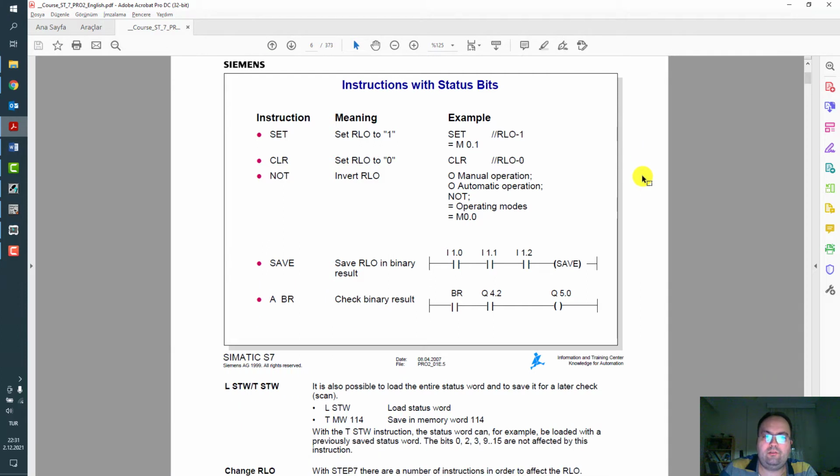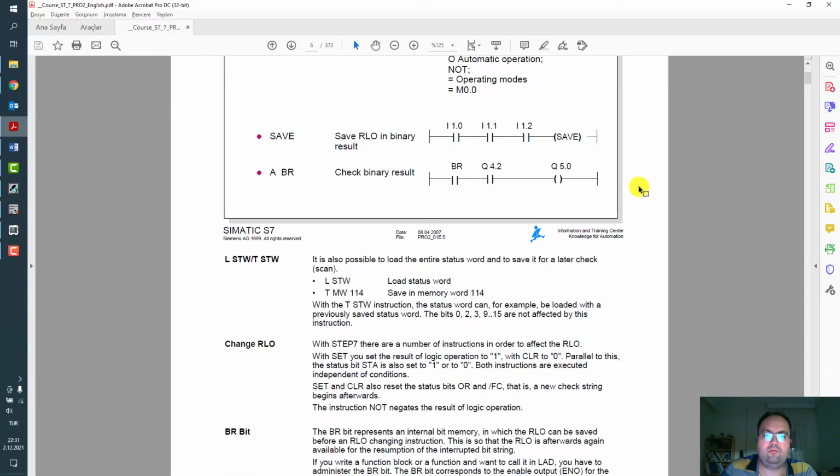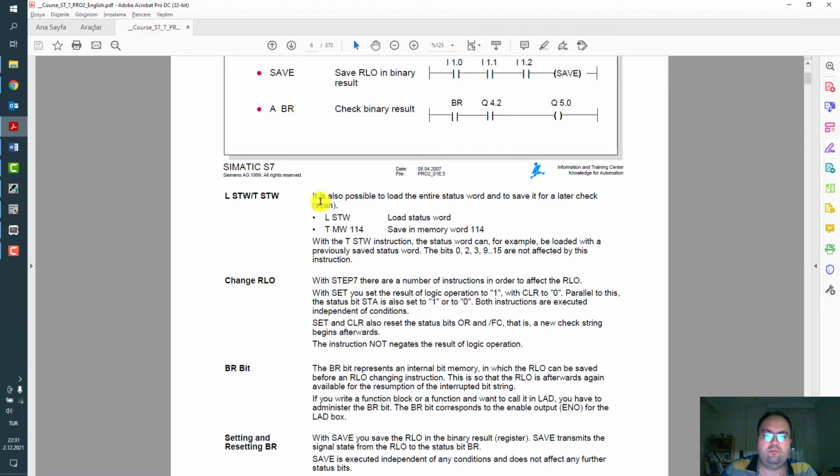And the next page: instructions with status bits, set instruction, clear, not instruction, save instruction, and their meaning for the RLO and binary result check bit. So we can use load status word to accumulator and transfer the value to a memory word.